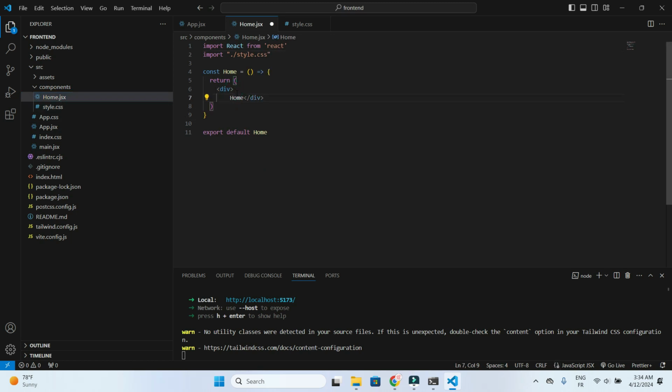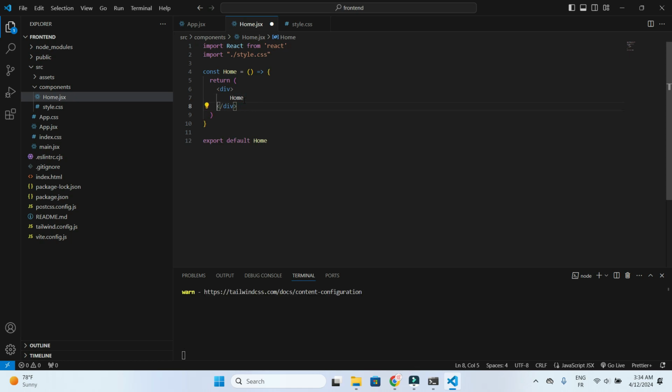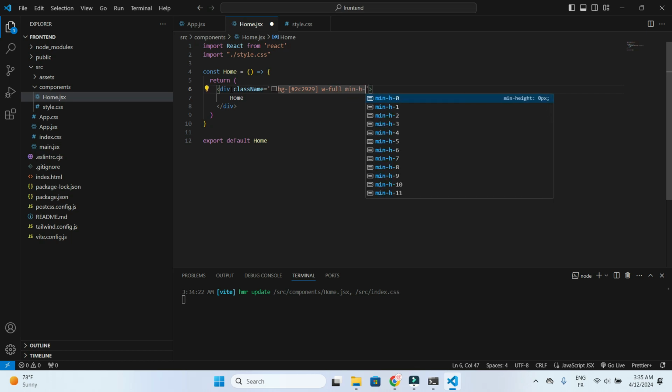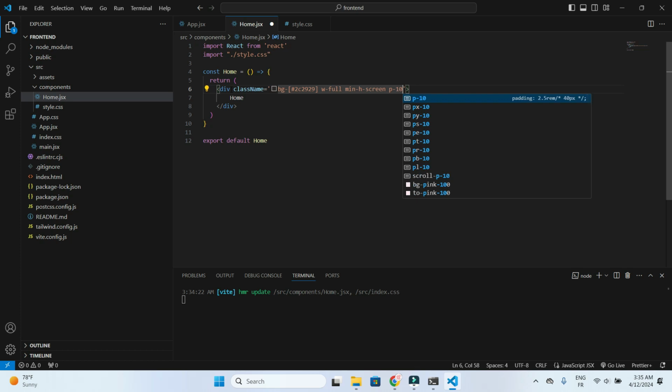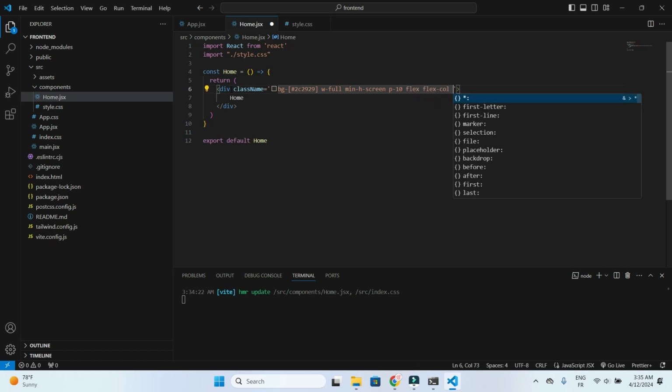So right here, right now, we will start to beautify our application. So start using Tailwind CSS to make our app very beautiful and very user friendly. So first of all, we will give a background, then give it the width fit. The minimum height will be all the screen, padding 10, flex column, justify center, items center also, and